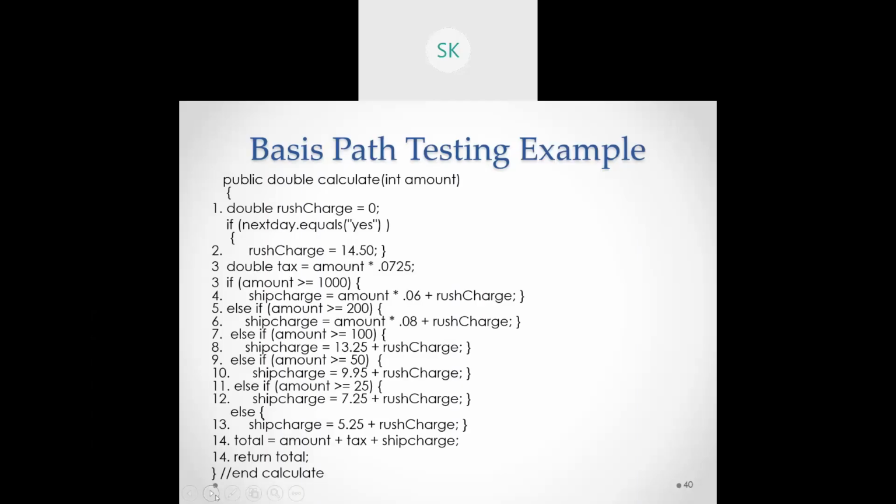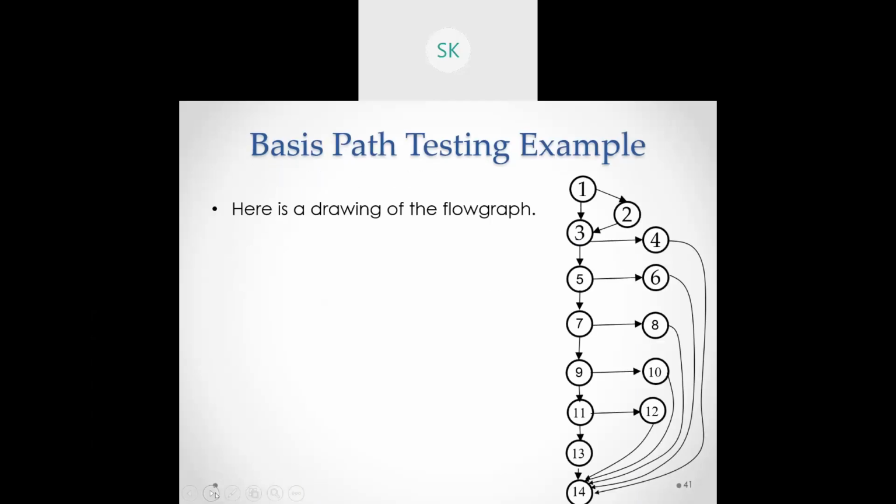The flow graph has been written for this particular program. This program is for a shopping cart. One simple example has been given to calculate the amount. The amount will not be calculated only with respect to the price tag. It will be taken care of with respect to whether you require it urgently or require it for the next day. The product needs to be kept aside for you, so that's why they will charge more.